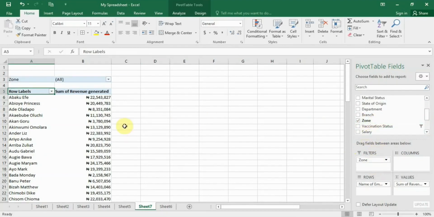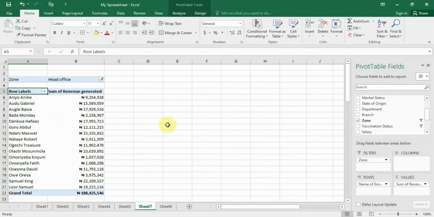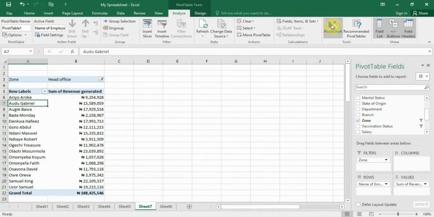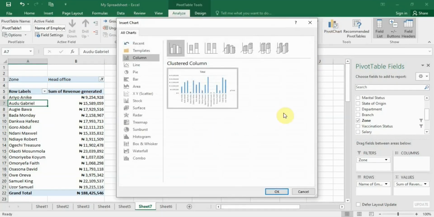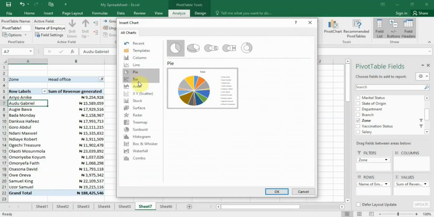So let's try another thing. Filter this. So sum of revenue generated. So another thing I want to quickly show us now is how we can create charts using pivot tables. To create a chart, we can come to analyze, pivot chart, and then we can choose any kind of chart we want. Do we want a column, line chart, pie chart, bar chart, and so on? When we choose pie chart,